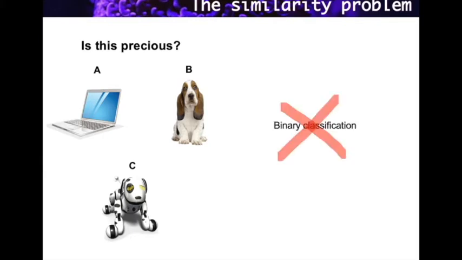To answer this question, we cannot simply rely on identifying the patterns in the data that are distinct between each class. A classification approach here would simply indicate that C elicits a pattern more similar to A than to B. In other words, finding how the representation of a dog differs from a computer or from a robot dog won't speak specifically of how precious that dog is. Being precious may be represented as a combination of multiple factors that are subject to individual differences and that may be similarly represented in different classes of items.